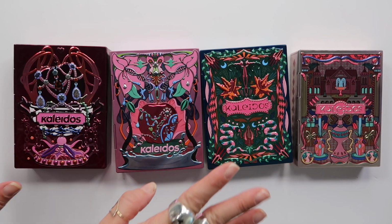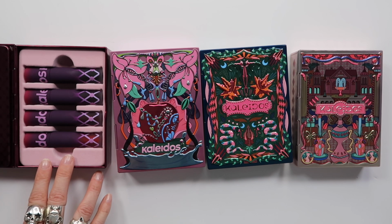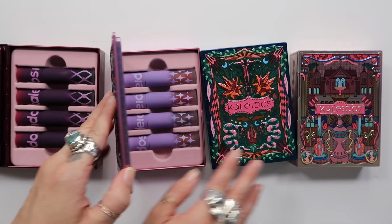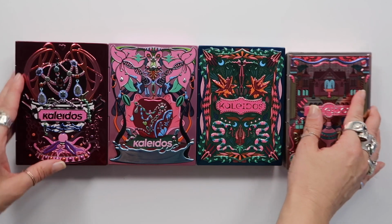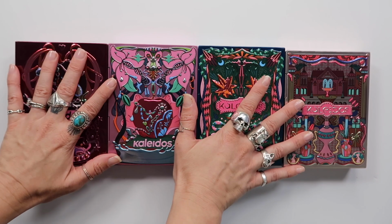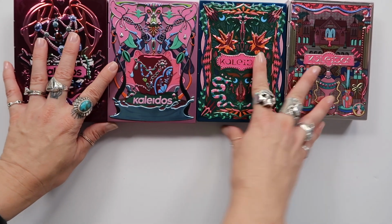All right, this is one that I am keeping all of, I will say. So these are the Kaleidos lip clays, and I have all of the sets in these beautiful tins. And I love this formula. I really, really do. And I have found that I've used most of these colors, but this is something that I am keeping as a collector's piece, if you will. But I will say,